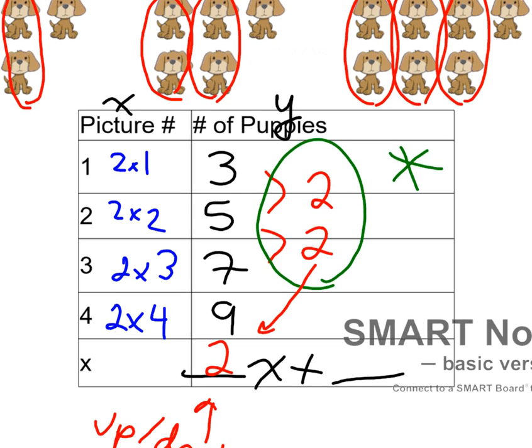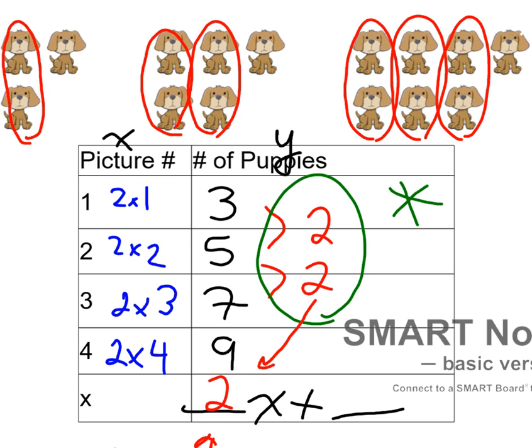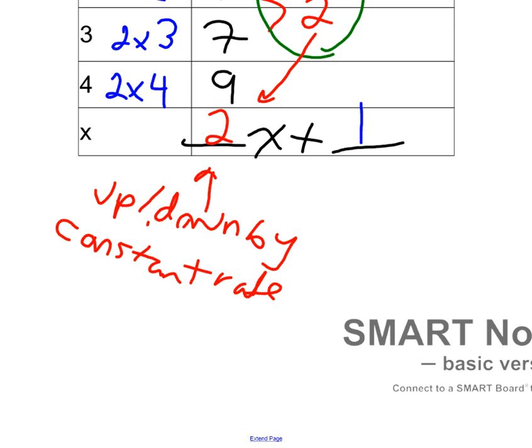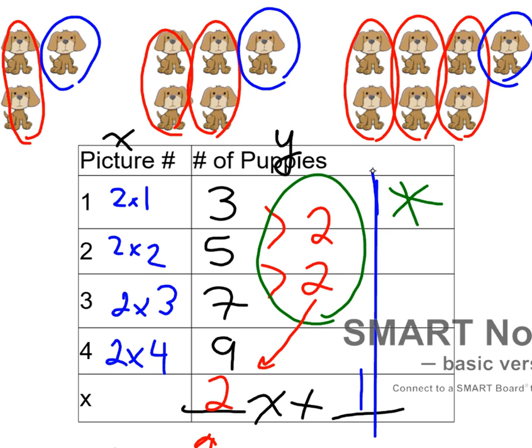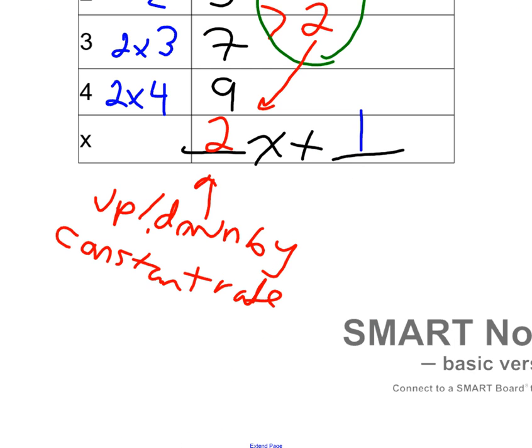When we have the visual pattern in front of us, though, it can become easier. What you notice is we always have 2 plus 1, and then 2 groups of 2 plus 1, 3 groups of 2 plus 1. We always have this plus 1, plus 1. That is going to go there. And that one is called the initial value. And what that actually means, it's the value when